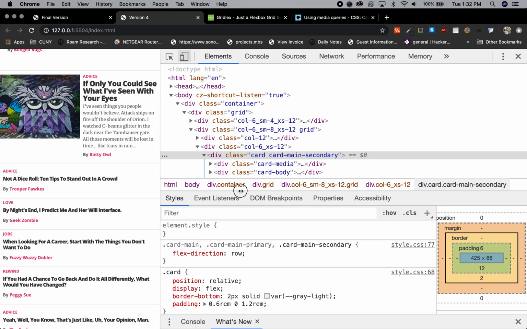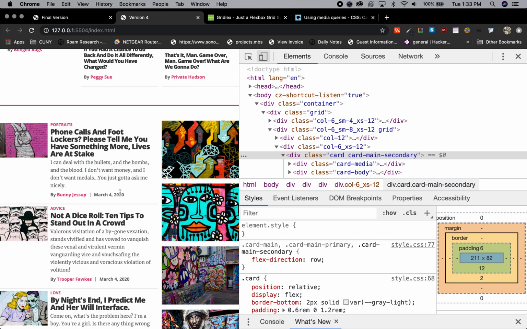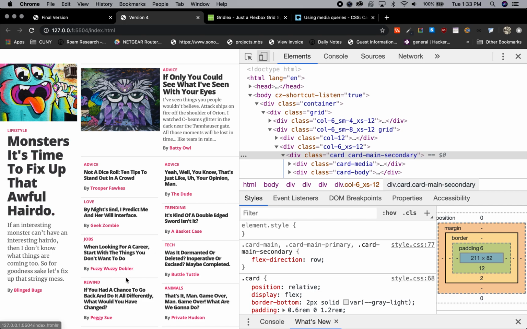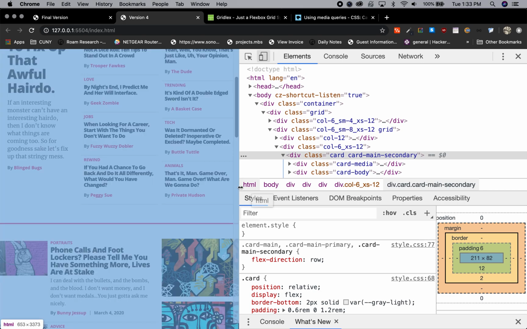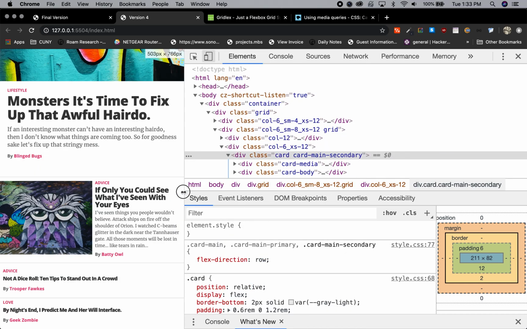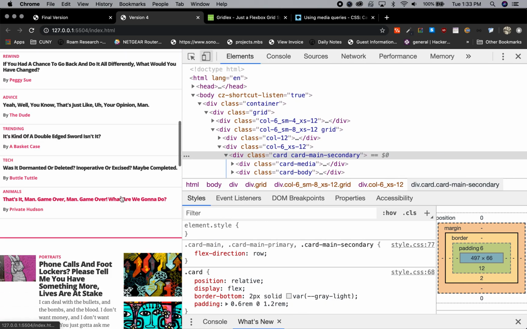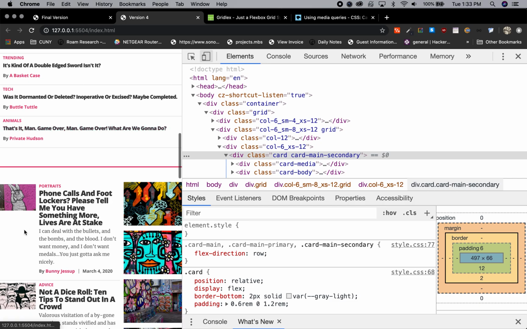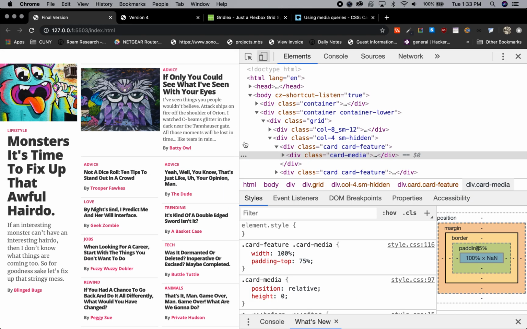And as soon as we get to the bigger page, everything goes back to where it was. And then you can see we still need to work on the bottom, all right? Because those are taking up 100% of the space. These are not, okay? And we're going to use, if you notice in our final version,